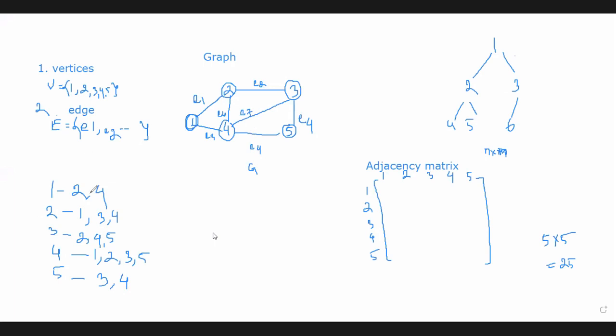Well, look at the adjacency list. We already got this list, and here for 1 the neighboring nodes are 2 and 4. But in this adjacency matrix, we have to fill up all these cells. The first cell is for 1 and 1. Okay, so 1 and 1, that means we have to find out, is there any edge where the starting point is 1 as well as the end point is 1? Is there any edge like this?